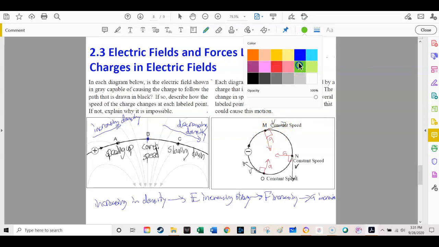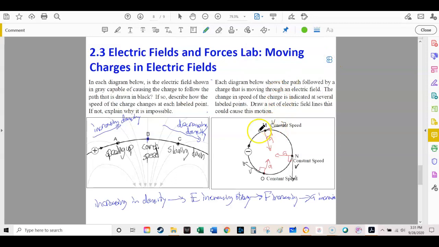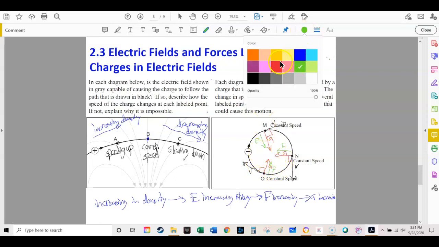What that means is that for this negative particle, the force vectors have to also be pointed towards the center of that circle. And in a way, it's like a centripetal acceleration too. So those force vectors have to be pointed towards the center of that circle. Well,